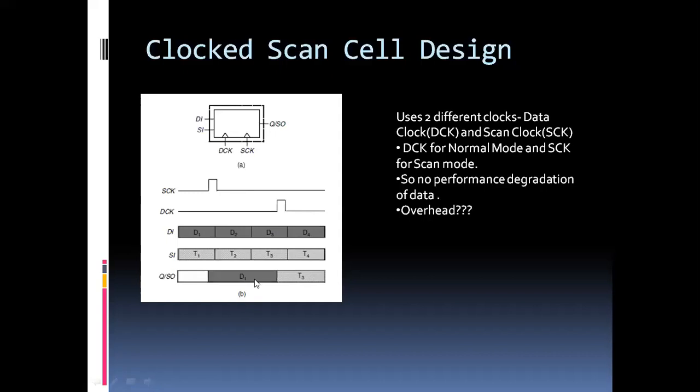So that is why this transition is, you have to pay attention to that.